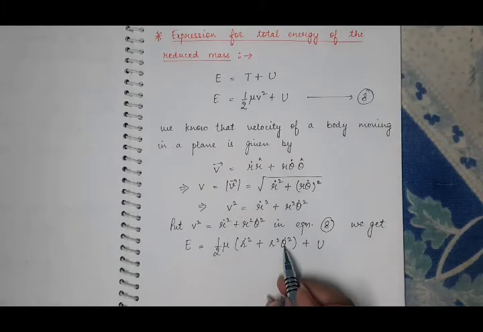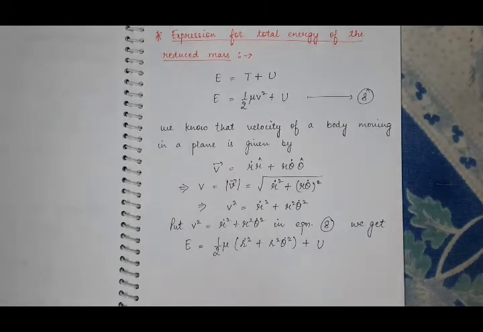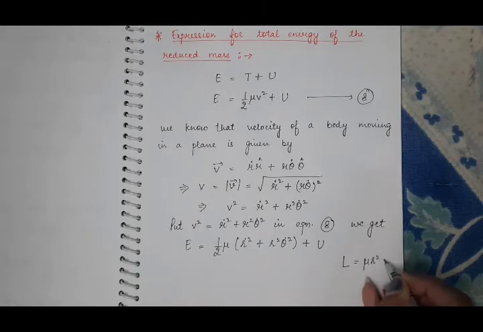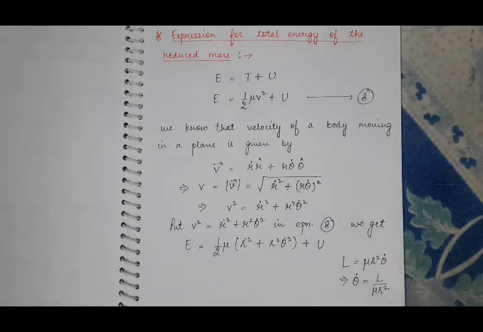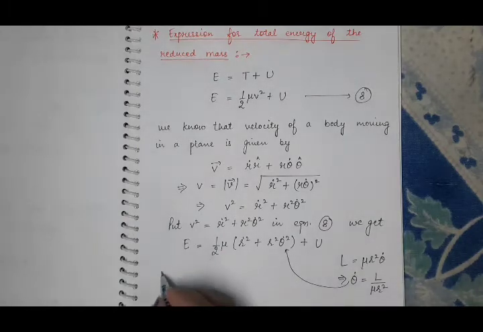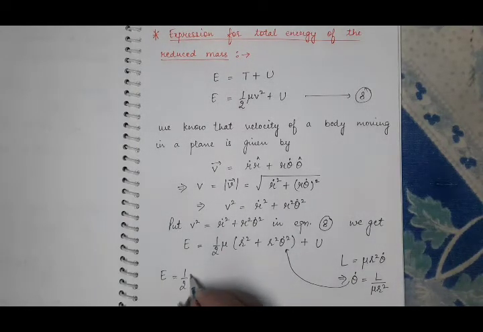Now what is this theta dot square? In the previous part of this article, we derived the equation of motion of the reduced mass and the angular momentum of the reduced mass. We know that the angular momentum of the reduced mass L was mu r square theta dot. So find the value of theta dot from this equation. Theta dot will be L by mu r square. Now put this value of theta dot in this equation, and we get the expression of total energy